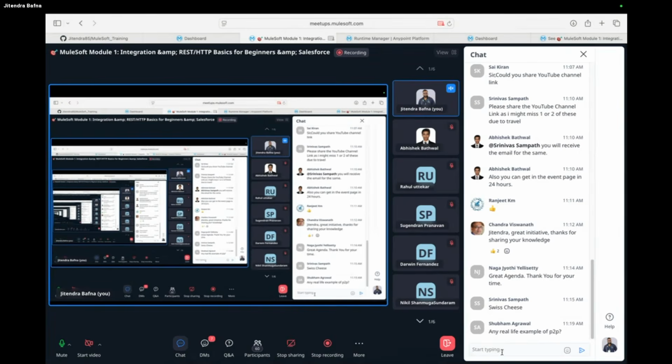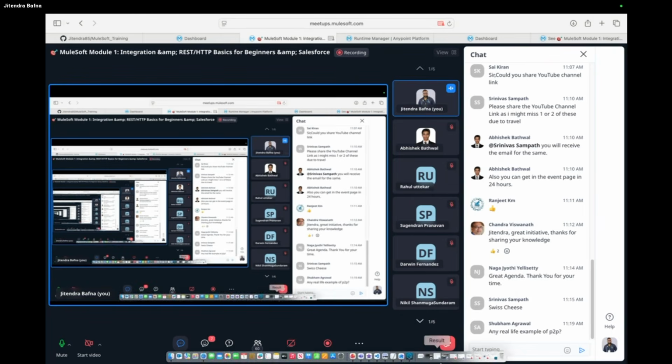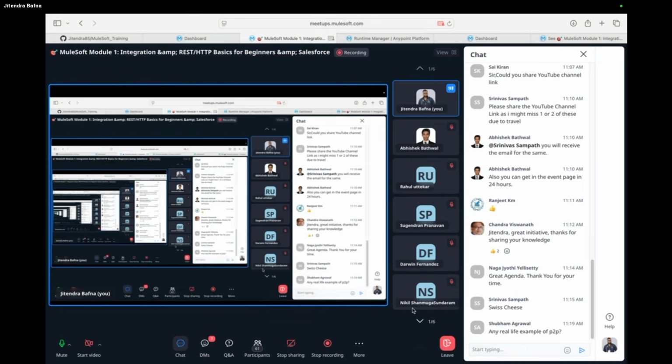Basically, earlier we didn't have middleware, right? So whenever there was no middleware and two systems wanted to communicate with each other, we were writing Java code, C# code, or code in any other language to connect those systems, to exchange data between them, and to synchronize data between them, right? This is one example. But nowadays, we have the introduction of enterprise service bus, we have APIs, we have iPaaS, right? With the introduction of those tools, we are avoiding writing point-to-point integration. We are writing integrations and APIs which can be reused, basically, Shubham.